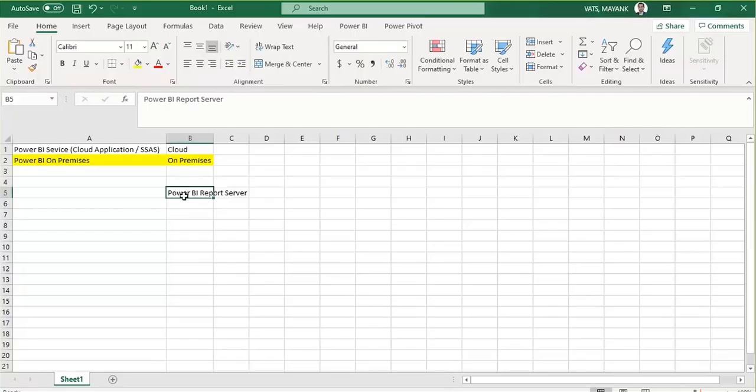So you have to configure the Power BI Report Server. It means you configure everything, servers and databases, locally, within the domain, within your company intranet. Then you put all your reports and data sets under this report server, and through a Power BI web portal you access all your reports.